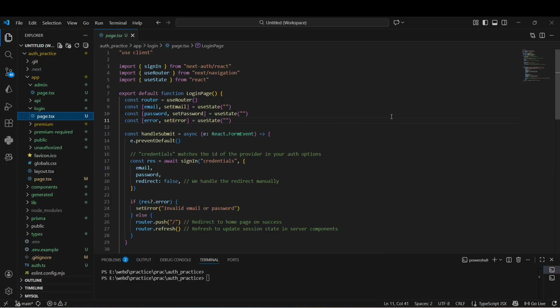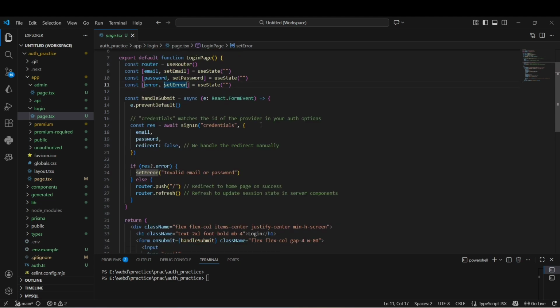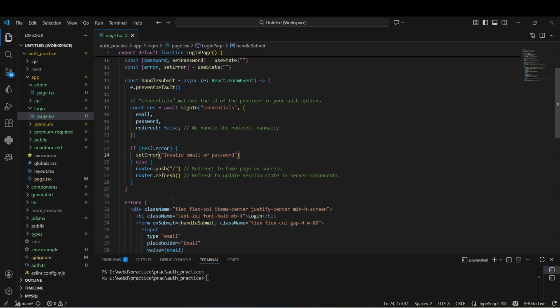This is our front end login page. These are some hooks we are using: useState and useRouter. useState creates three temporary state variables for this page, that is email, password, and error. This is the submission handler. This function runs when the form is submitted. If error is false, then